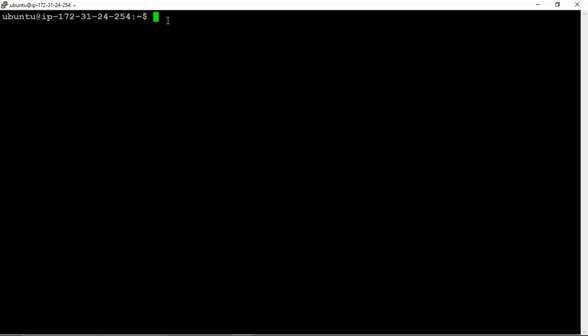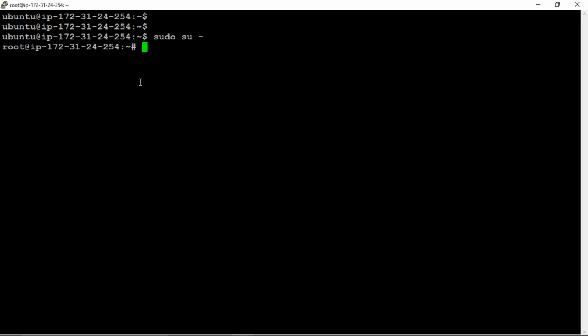So how to connect to the root mode? sudo su space hyphen. If you give sudo space su space hyphen, you will be directly connected to the root mode. Whatever updations or modifications we are trying to do, we need to do all of them in root mode only, not in the user prompt. We need to change to root mode, root user. sudo space su space hyphen. If you give that command, you will be connected to the root mode.